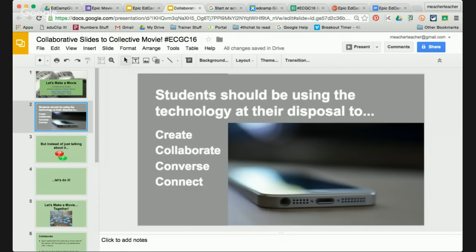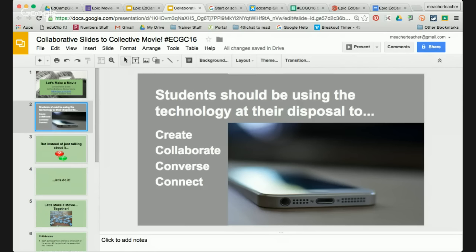We know that students should be using the technology at their disposal to create stuff, to collaborate, to converse with each other and communicate and to connect. And of course, there's that critical thinking piece in there that they should be doing too that we'll address a little bit less today. And then there's this big kind of, well, how?